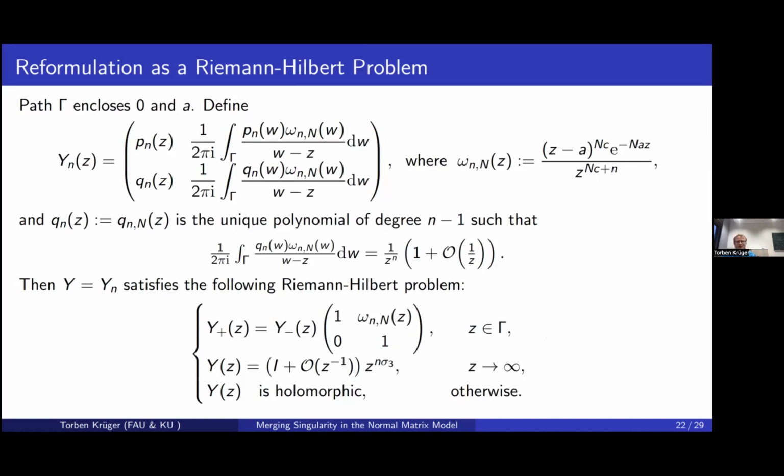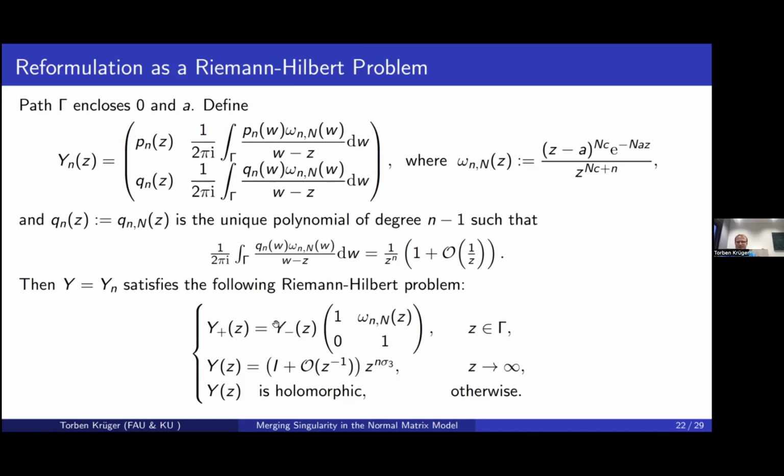This is just one closed curve that encloses both 0 and the position of the external charge A. Otherwise, it's arbitrary. And then this 2x2 matrix satisfies this problem, where Y plus is the limit if you go to the curve from above, from the outside, and Y minus is going from the inside, and then at the curve there's a jump. So at the curve, the function is everywhere holomorphic, but it's discontinuous at this curve, and the jump is given